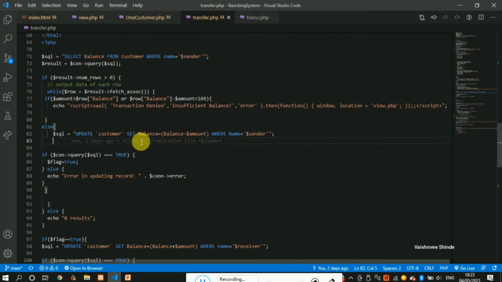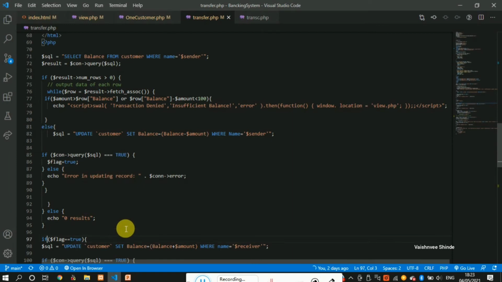From the sender, it will reduce the balance, and on the receiver side, it will increase the balance amount. Whenever the transaction fails, you will get some acknowledgement there.